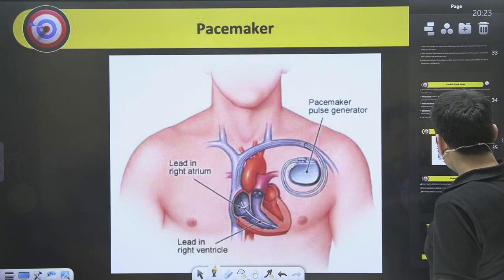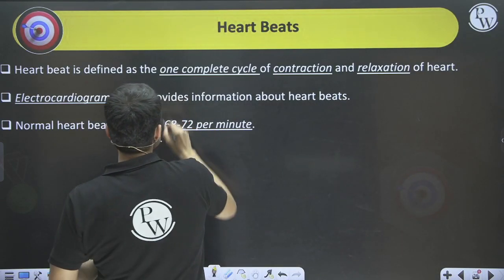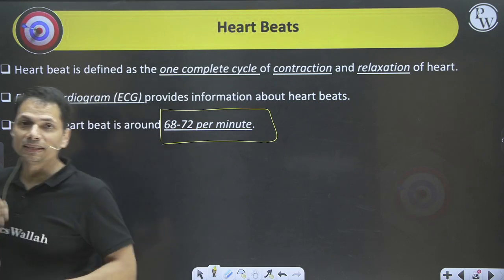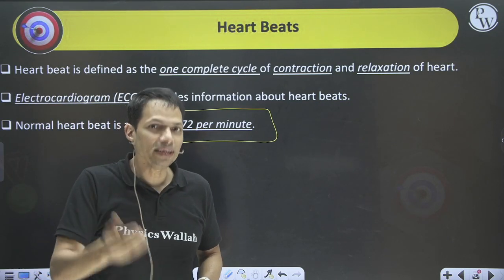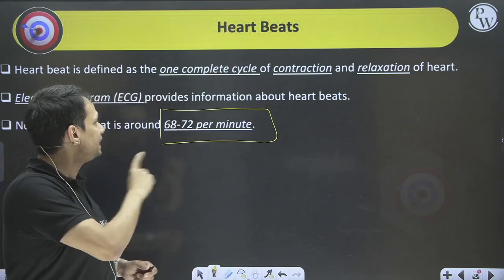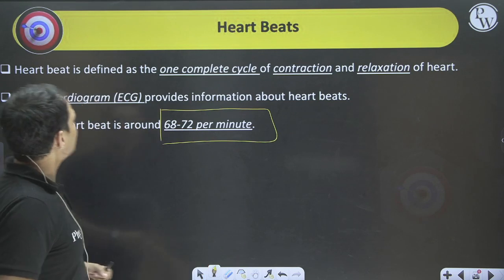As I said, the heart beats like 68 to 72 times in a minute. A heartbeat means a contraction and relaxation comprise a heartbeat, right? So a healthy heartbeat is 68 to 72 times a minute. Obviously, if I'm running, then the heartbeat increases, right? And also